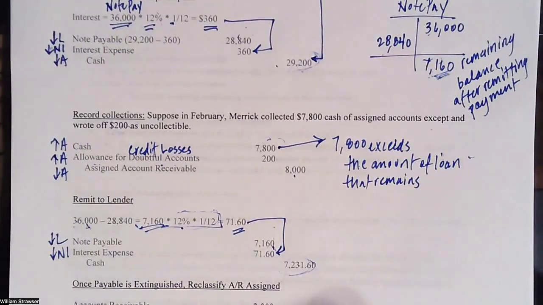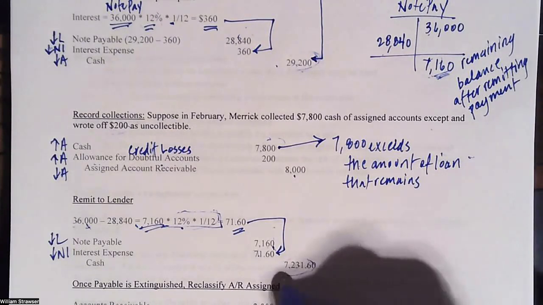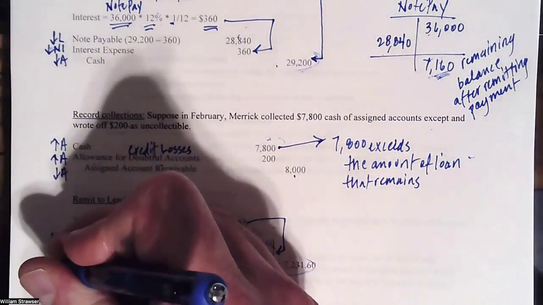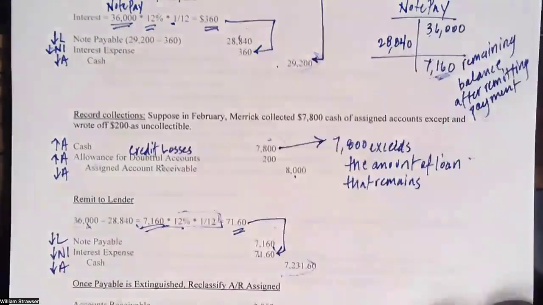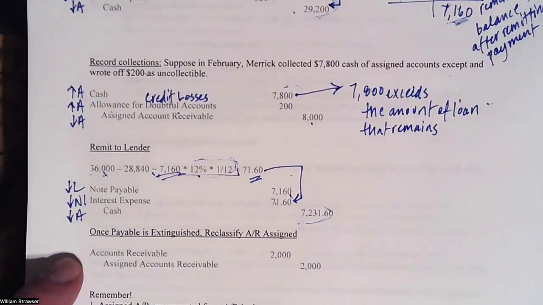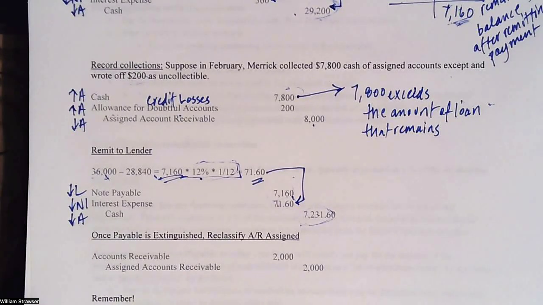And the amount of cash that that took is just the addition of those two items, $7,231.60. And that's going to reduce my cash. I'm sorry, reduce my assets. Now, once I get rid of my payable, it's settled, it's extinguished, any amount of receivables that had been assigned